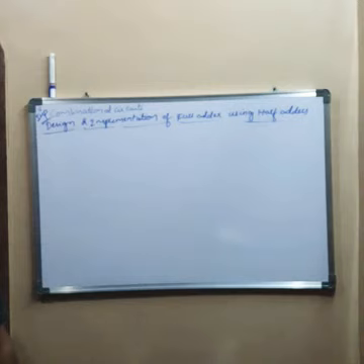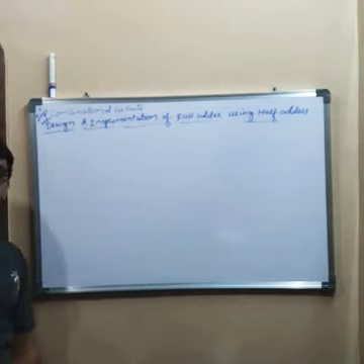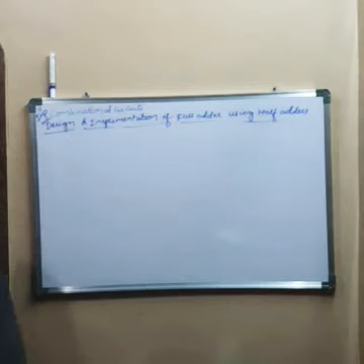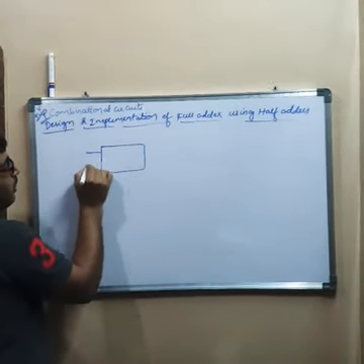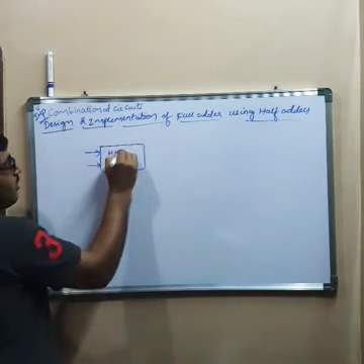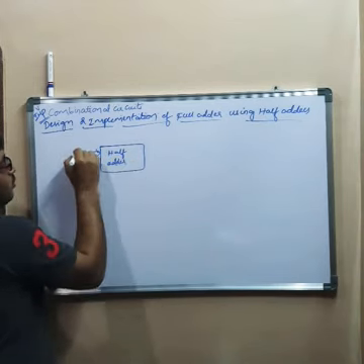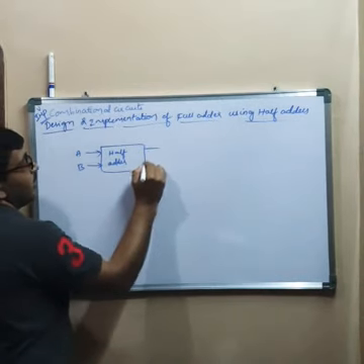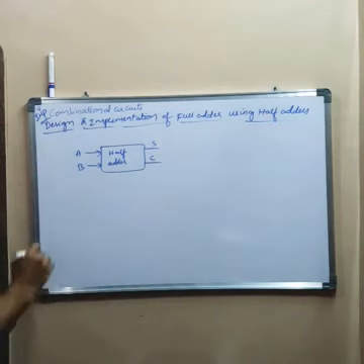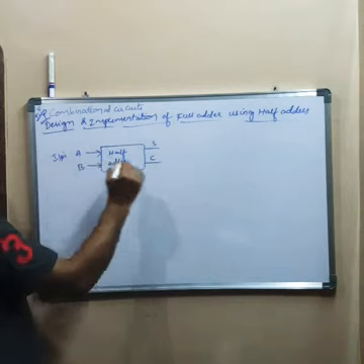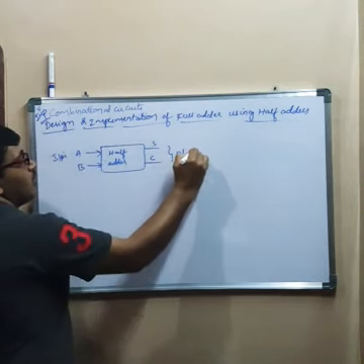This is a logic question. In most cases they will ask the questions logically. In some cases they will ask direct questions. So a very important question. Here we are going to implement a full adder using half adders. How is it possible? See, I will explain with the help of block diagrams. So this is a half adder. It has 2 inputs named A and B, and 2 outputs named S and C, right? These are inputs, these are outputs.